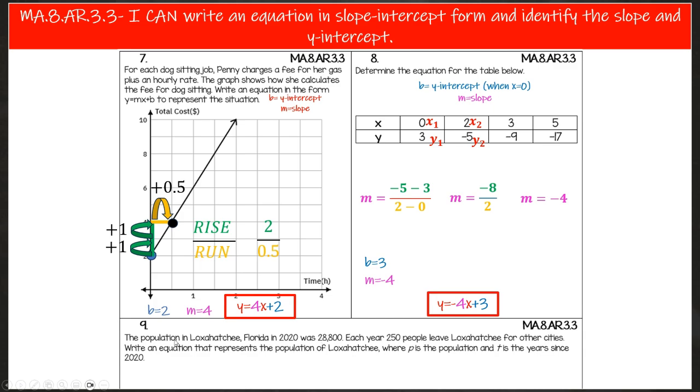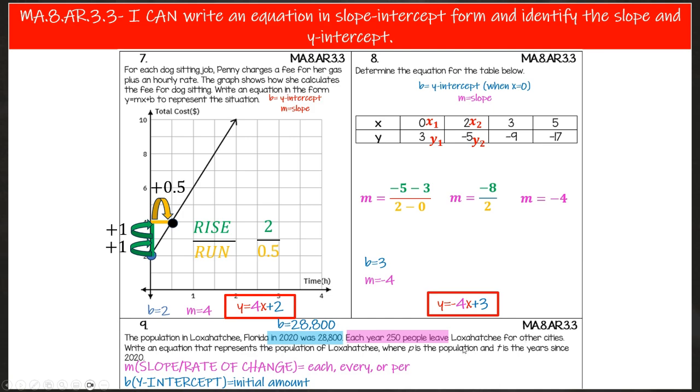Question number 9. The population in Loxahatchee, Florida in 2020 was 28,800. So that's our initial value. That's how many people are initially in the town. So that's going to be our B value. Each year, 250 people leave